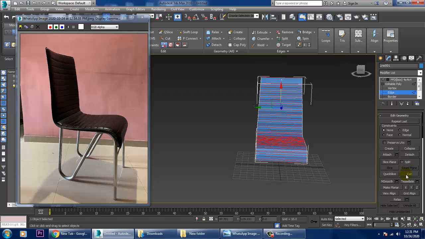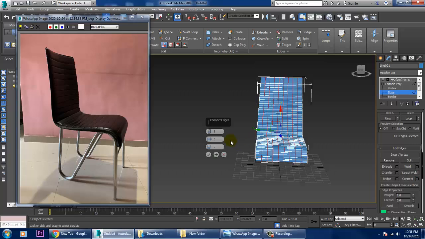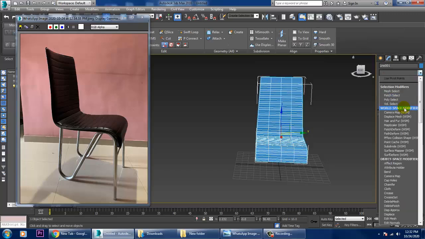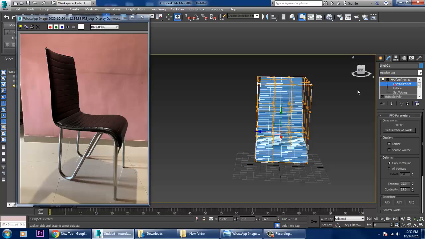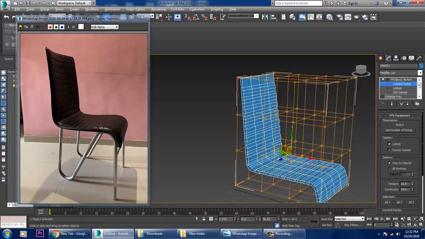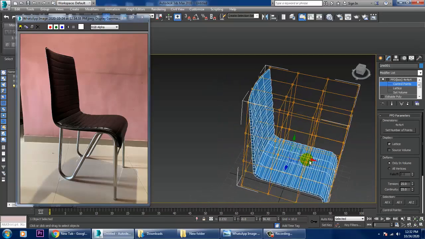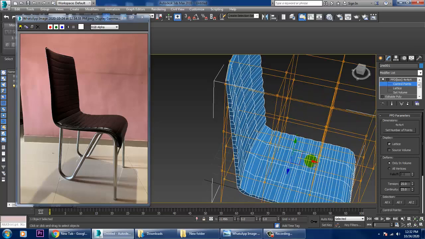Let's just select this and give some of the loops over here, a few loops. Delete this, again go into this and give again an FFD box. You can go into its control points over here like this and slightly push it back if you want to push it back.